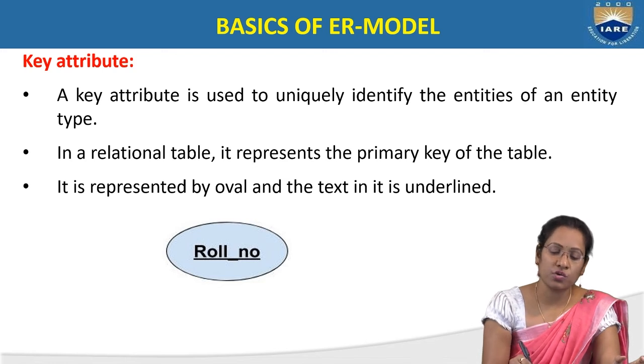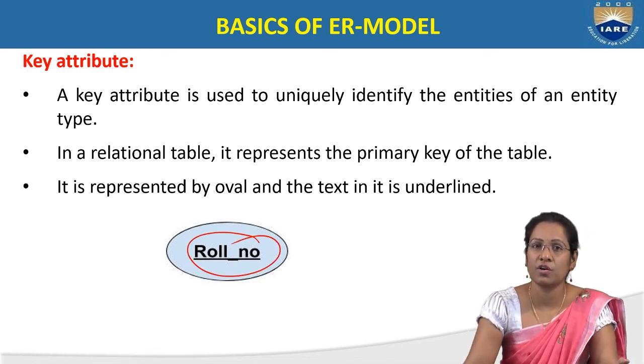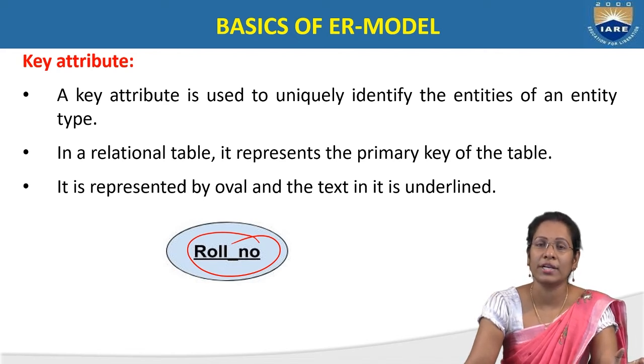Already we discussed that roll number is always placed as a key attribute because it uniquely identifies a record. There may be the same name for some 10 to 20 students, even though we are able to categorize depending upon the roll number only. So that's why the key attribute plays a major role in identifying each and every record individually and uniquely. So this is the representation of how we use the key attribute.